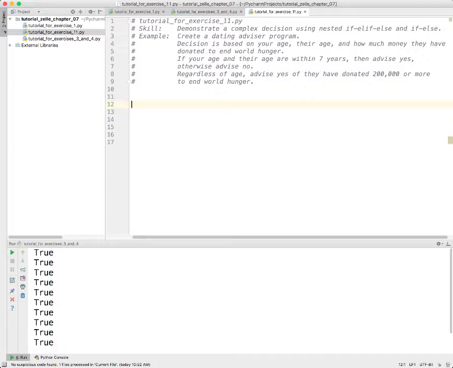One is whether their age is close to yours. And the old rule of thumb is if your age is within 7 years of theirs. Now there are all kinds of versions of this, half your age plus 7 years, and all kinds of stuff. But we're going to make it pretty easy here. If your age is within 7 years, then advise yes. Otherwise, advise no. Okay? Regardless of age, advise yes if they have donated